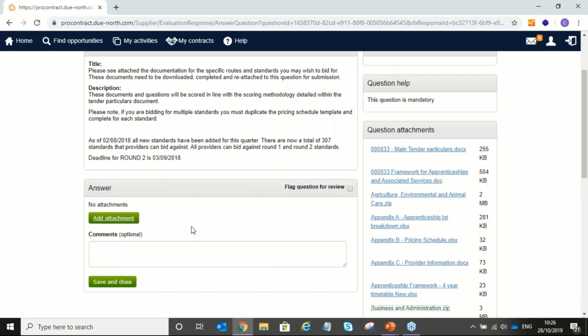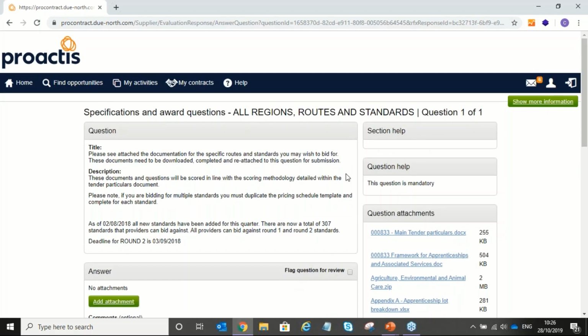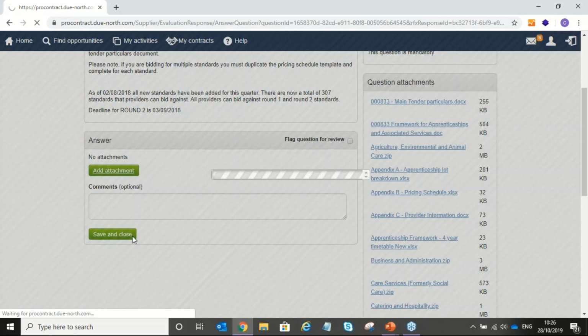Now, we do get lots of frequently asked questions on this, so it's very important just to make sure that you are aware of how to upload your documents. It sounds straightforward, but sometimes the system isn't. So we're just going to make sure that you all are aware of that. Brilliant, thank you, Charlotte. So if we just head back to our front page of the tender,